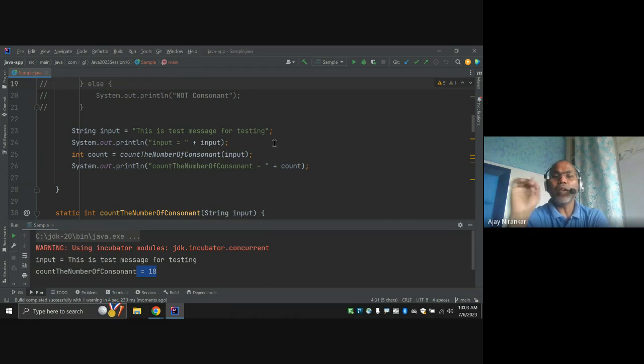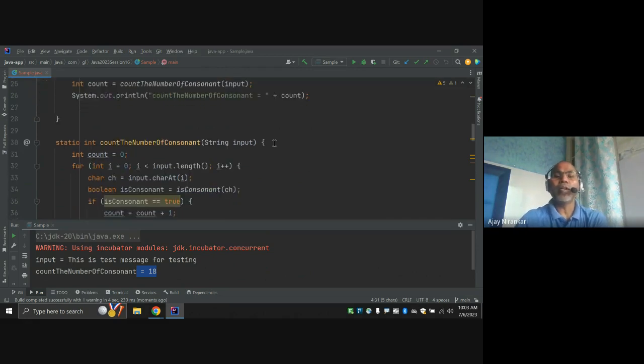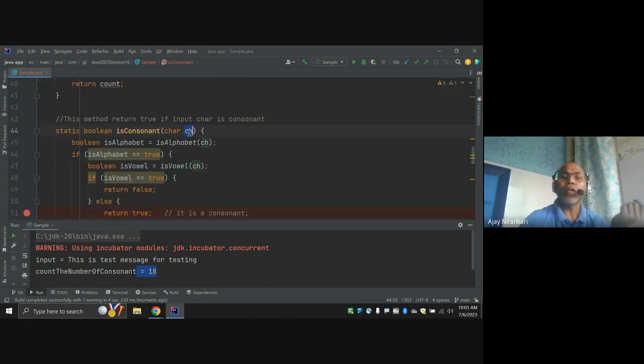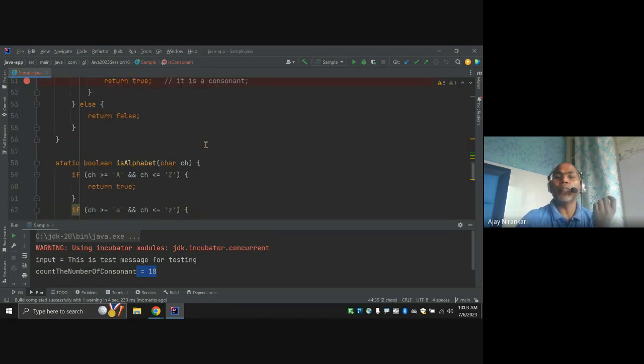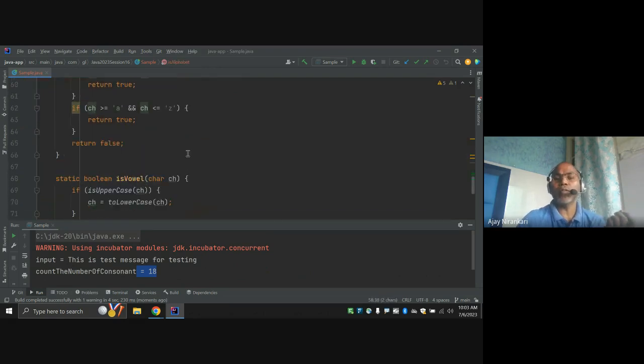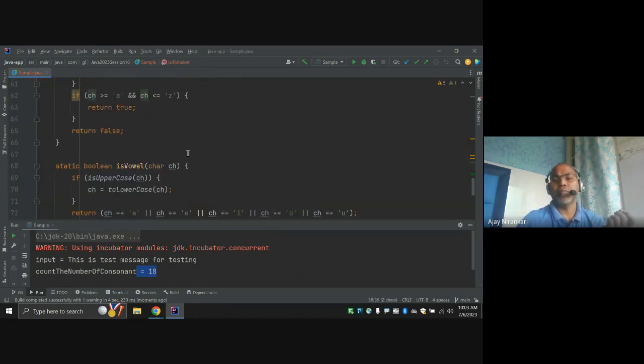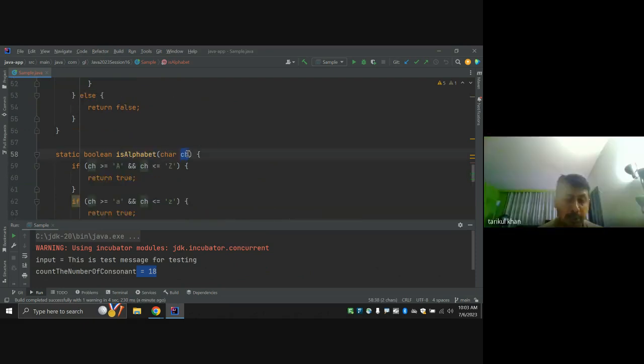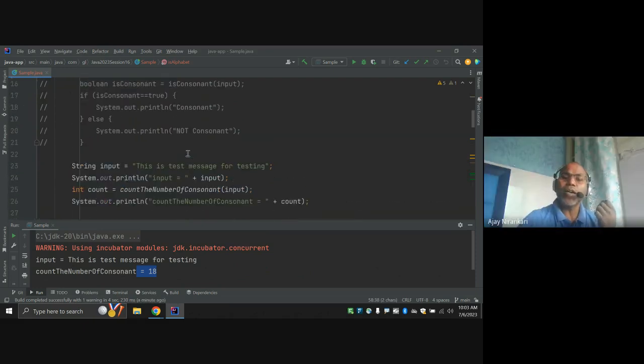So till now, any confusion? How you write a method depends upon your requirement, upon your problem, upon your situation, right? I'm good so far. So let's try again. If we have any input, you have to find out